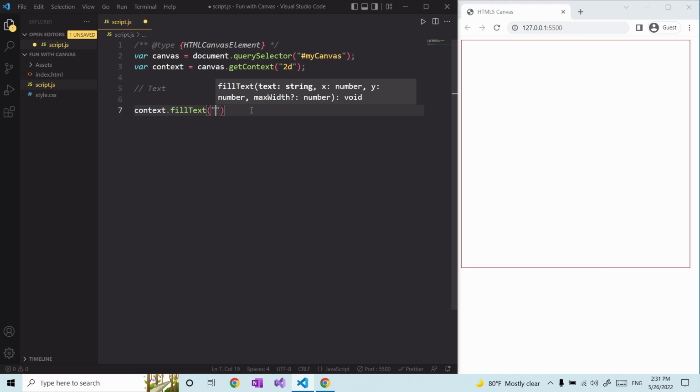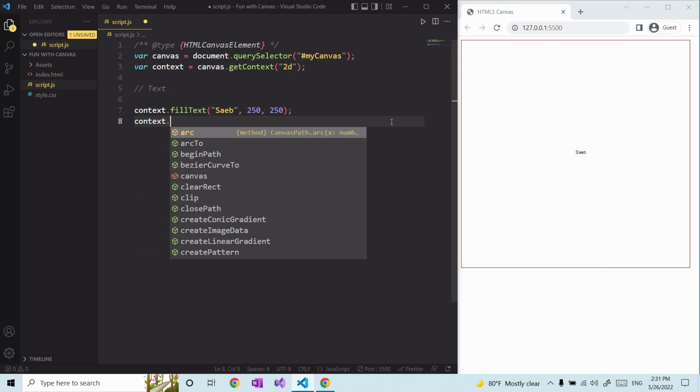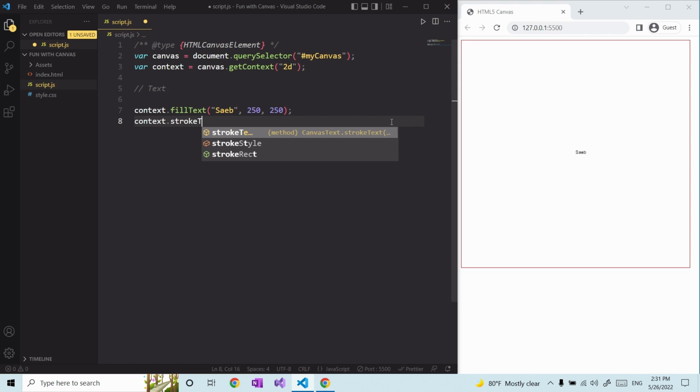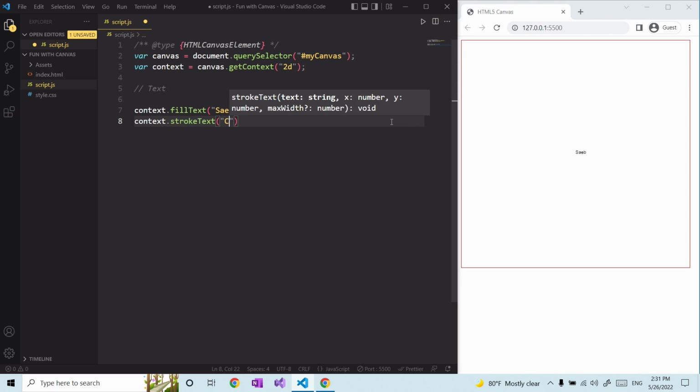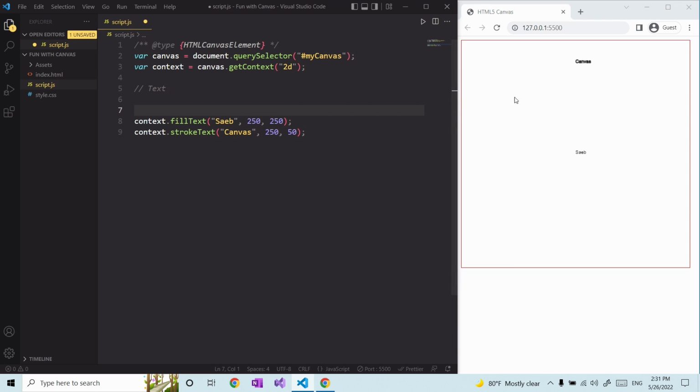So let's say that I want to write my name on the canvas area. I can simply write 250 and 250, which is nearly in the middle of our canvas. This is a filled text. If I call strokeText on the canvas, at the same level for the x coordinate, and then say 50 for y so that it's up this way. As we can see, by default our two texts will be sans serif